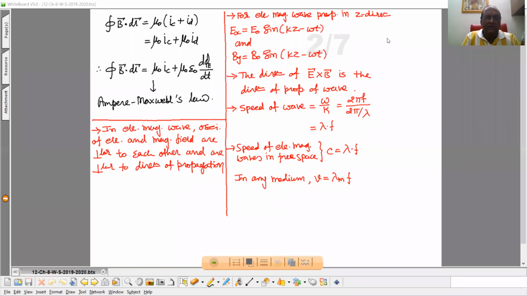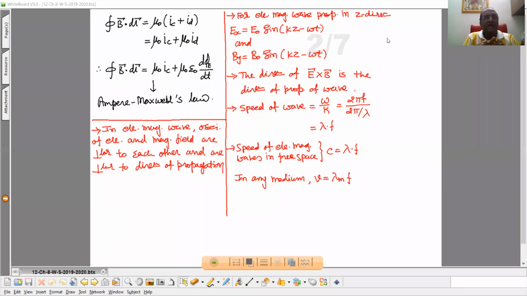So when Maxwell suggested that electromagnetic waves exist in nature, the electromagnetic wave theory suggested by Maxwell was not accepted initially because experimental evidences were not there. Then scientist Hertz produced electromagnetic waves in the laboratory. How did he produce electromagnetic waves in the laboratory? With the help of